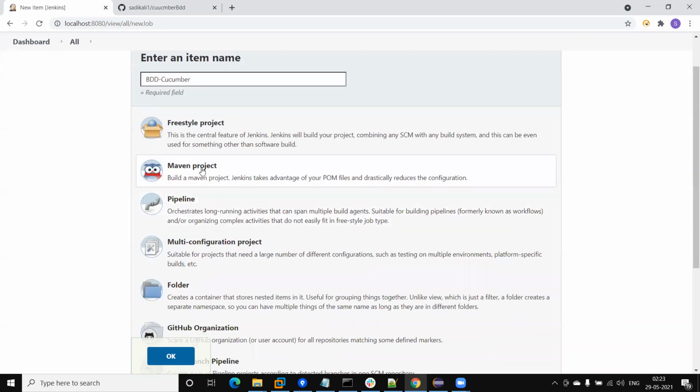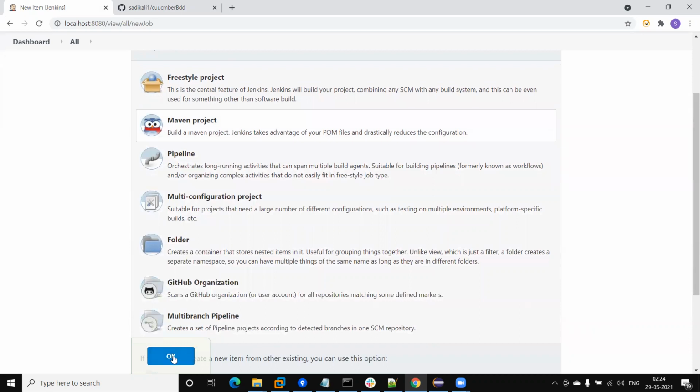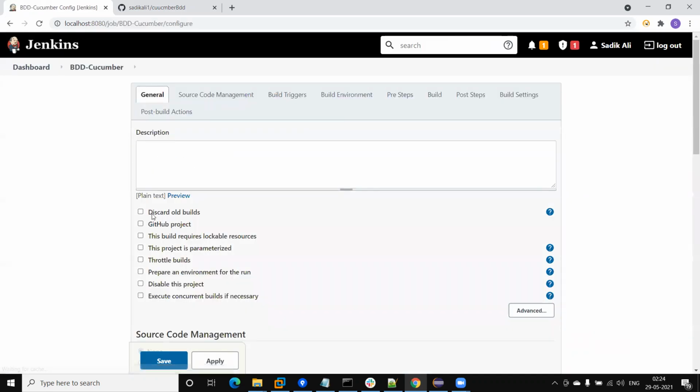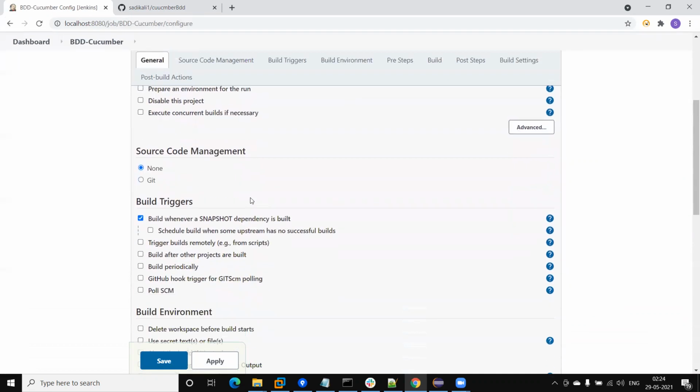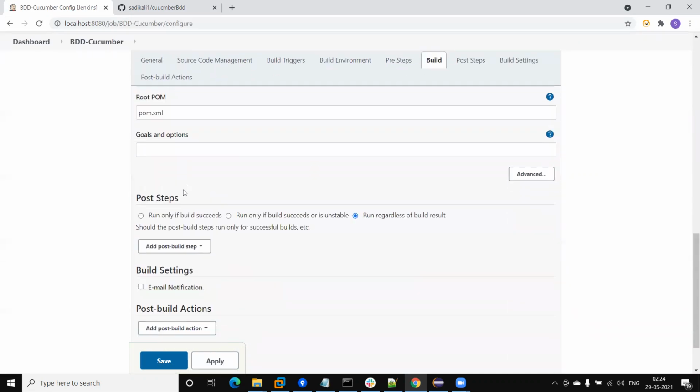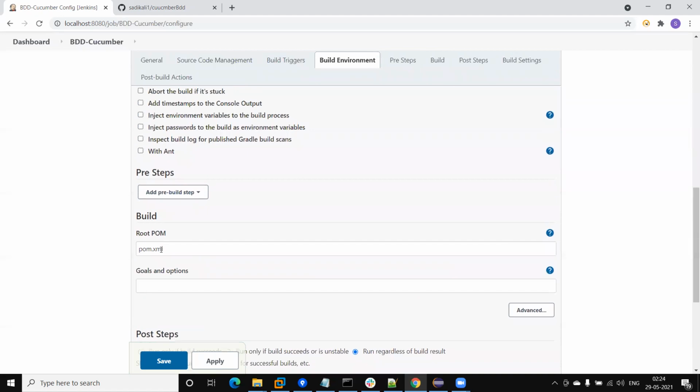When I select the Maven project, it will also create a Maven template. Then click on OK. So the Maven based template is created, where we get the build section, this one. And you can see the pom.xml is automatically added because we have selected the Maven project.